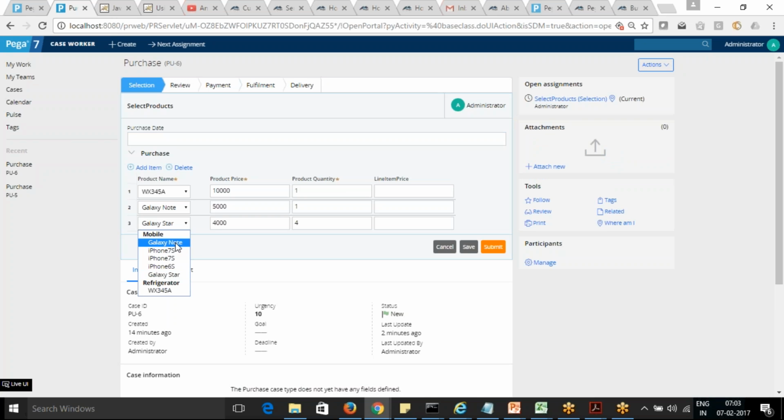So I selected Galaxy Note and I come here. No, the price of the Galaxy Note doesn't change.